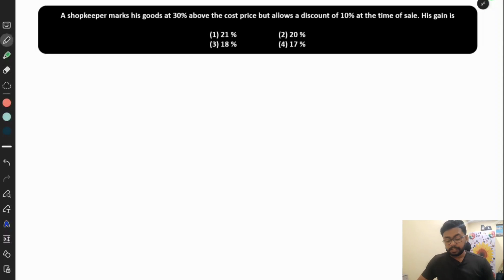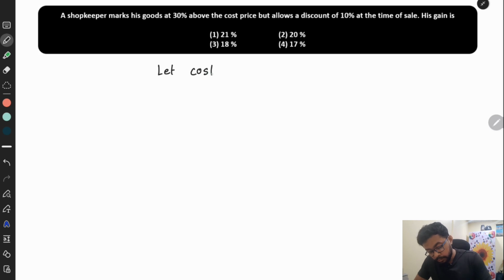We have this question. It says a shopkeeper marks his goods at 30% above the cost price but allows a discount of 10% at the time of his sale. Okay, so we have to find his gain percentage. So what you can do is let